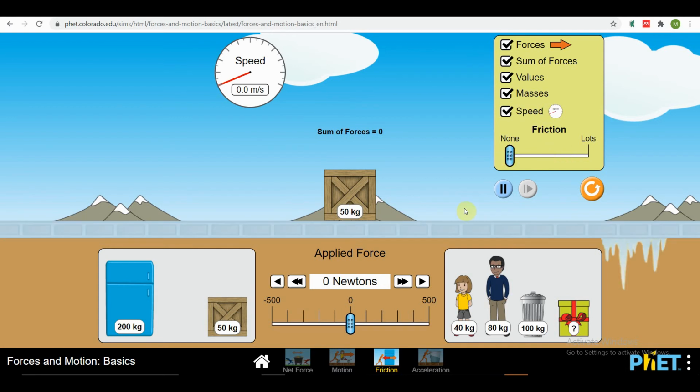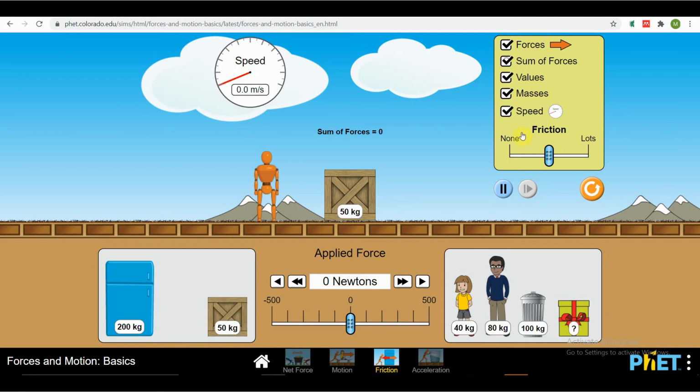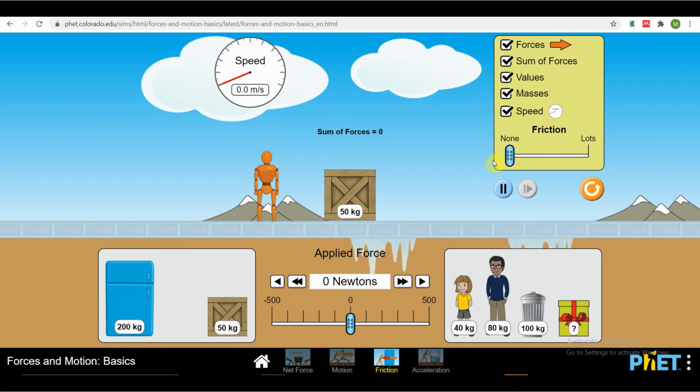So for example, how about if I decrease the friction? There is no friction, like an icy surface, there is zero friction. There is no frictional force. So in this case, let us start over. Any small push that you give to the box is going to move it. Why? There is no friction. So even if you just give it 1 Newton,